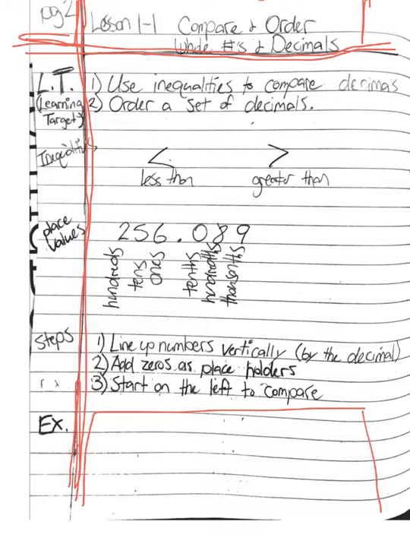So make sure you're numbering your pages, and then you're going to go later on and put this in your table of contents in the front. So you're going to say page 2, lesson 1-1. Okay. Then the next thing down here underneath,